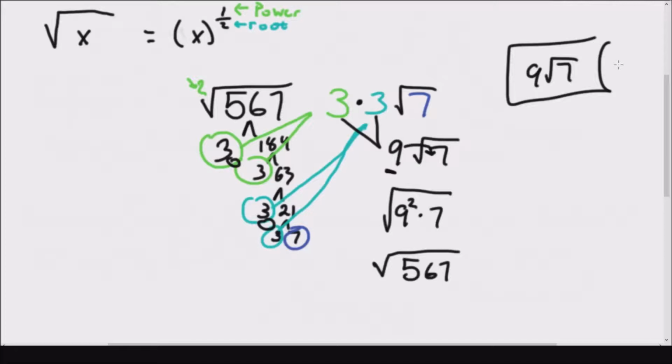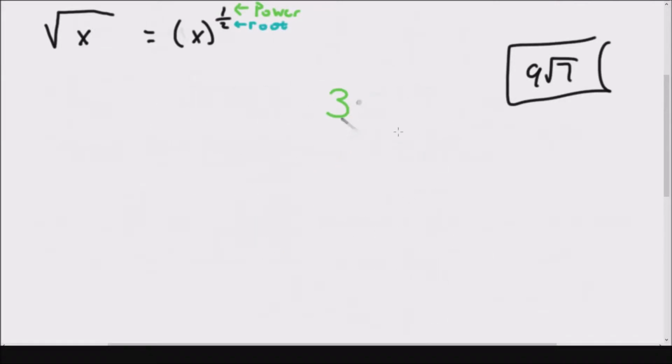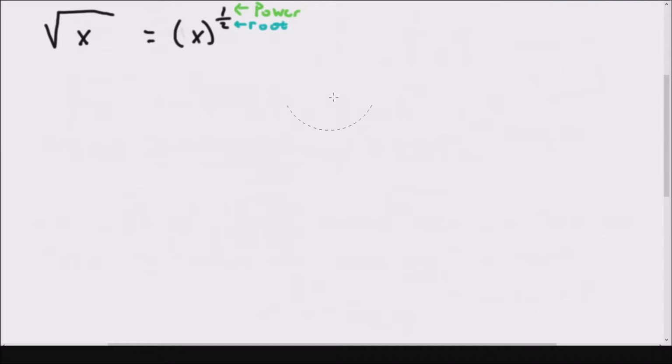So now we're going to do one more special case, and that is when we have a perfect square under the radical. And I think if we kind of think about it for a minute, what's going to end up under the radical? Well, nothing, because it's a perfect square. So let's pick